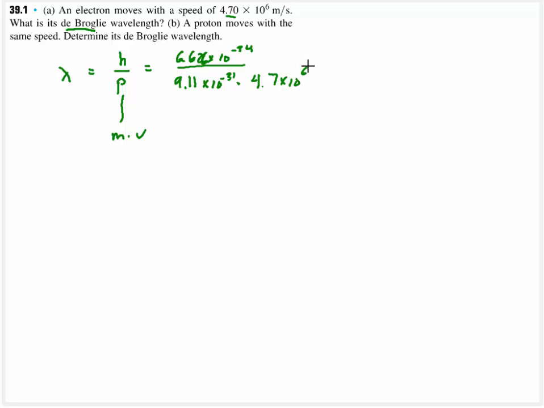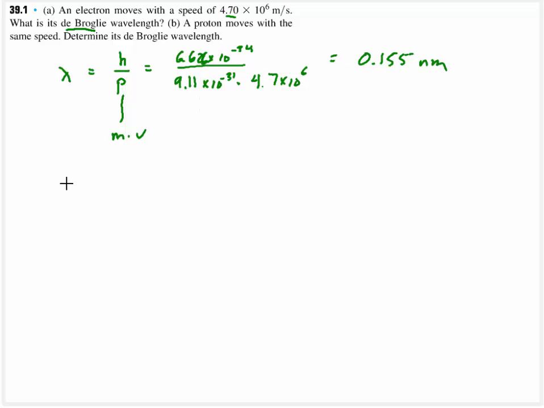Okay, let's go ahead and get some practice calculating some de Broglie wavelengths. Something we know is that the de Broglie wavelength is related to the momentum. As such, the wavelength is Planck's constant divided by the momentum. So if we have this electron, it's going to be 6.626 times 10 to the minus 34. It's going to have some speed, and this is going to be the mass times the speed. So the mass of an electron is 9.11 times 10 to the minus 31 multiplied by its speed, 4.7 times 10 to the 6. We're going to get a wavelength of 0.155